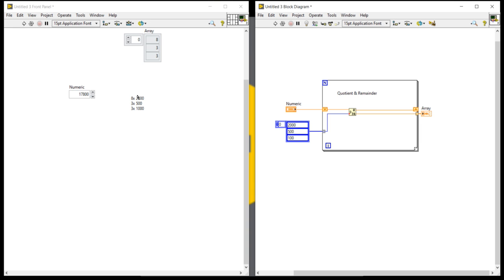Look here. This 8 is a numeric, but this X sign is a string, an alphabetical character. The space is a special character, meaning an ASCII value, a string. 2000 is a numeric.